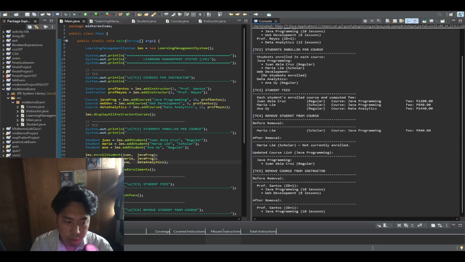And that wraps up the main class. To summarize, main is a lightweight driver. It creates one learning management system object, runs through all five test cases in sequence, and exits. It doesn't store data, it doesn't compute fees, and it doesn't manage relationships at all. Test cases 1 and 2 verify that our objects are set up correctly. Test case 3 validates fee computation, and test cases 4 and 5 demonstrate that our system handles removals cleanly on both sides of every relationship.